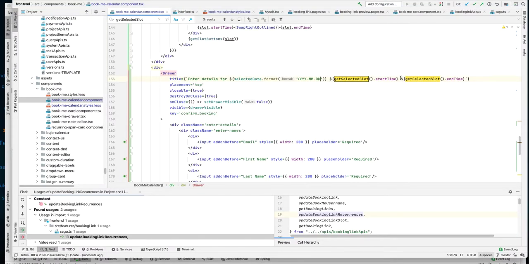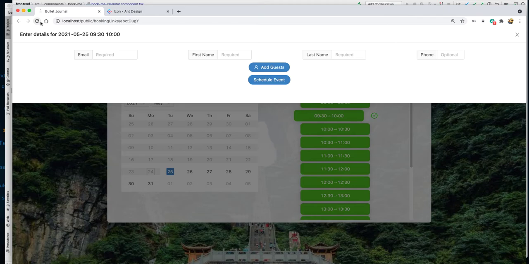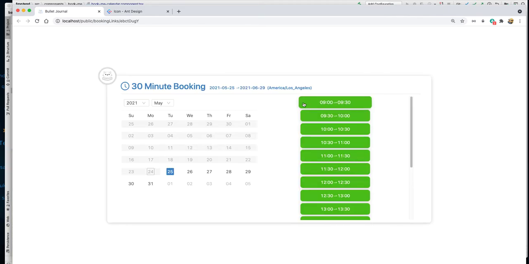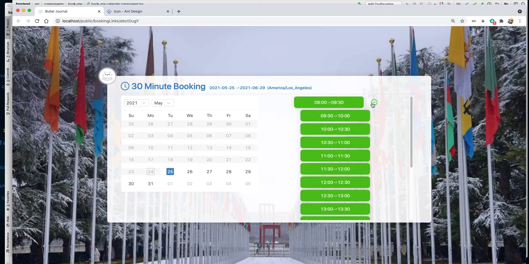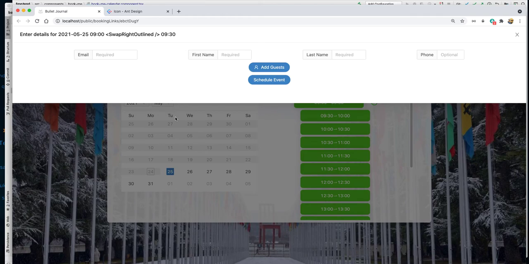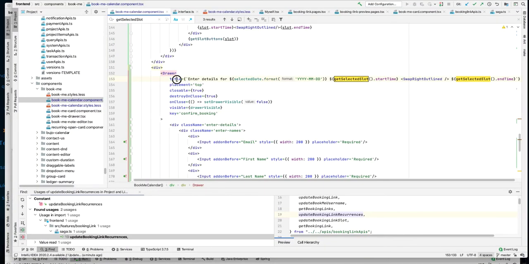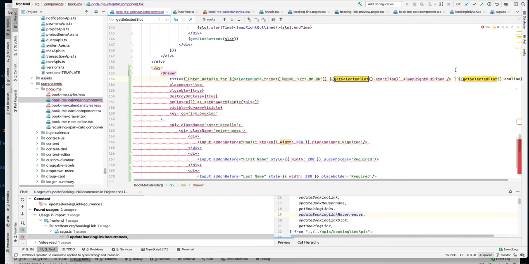Okay, let's add icon here. Okay, see if it can work. Okay, let's see. 9 to 9:30. This one is not rendering well. Let's say it's a string, or it can be like